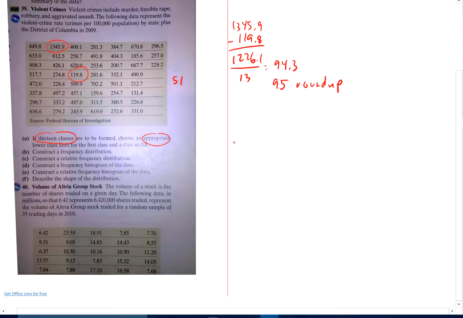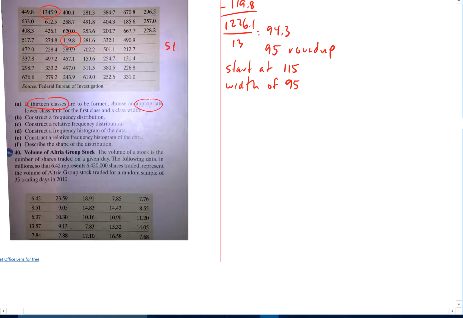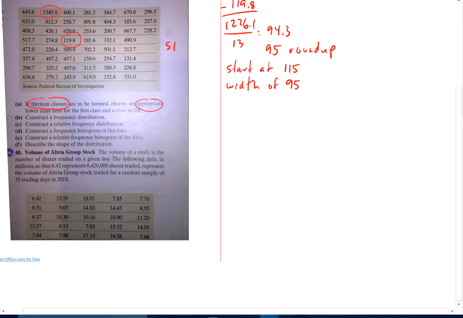So let's start at 115 and a width of 95. Now I start at 115 instead of 119.8 because adding 95 to every one of those is going to be a real dog, and if I do 115, then adding 95s is going to be a little bit easier. Okay, so let's make a frequency distribution and go from there. I'm going to start it and then do it off video, or pause it, and then go from there. So if we start at 115,